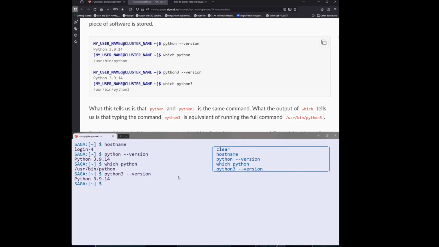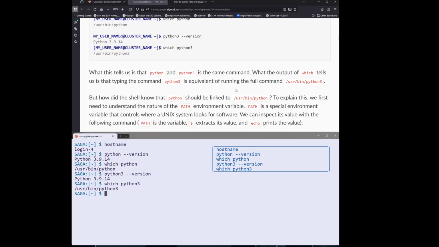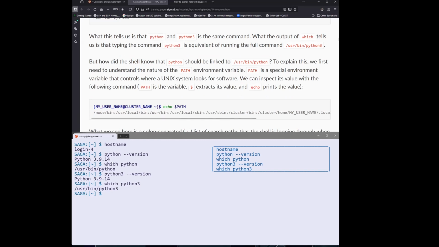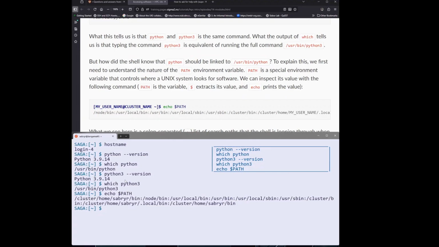Then there's the command which python3 as well. So it's the same Python that's been linked to. This is found by using this path. So this is how it finds Python. The way we tell the terminal to use that is defined in this variable called $PATH. As you can see, there's this priority. First it looks here, then it looks here, and then